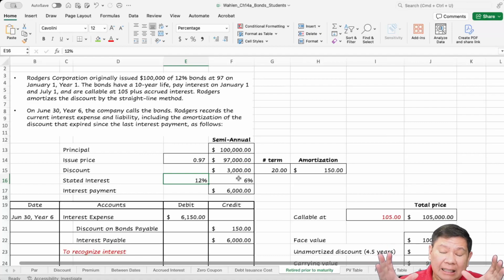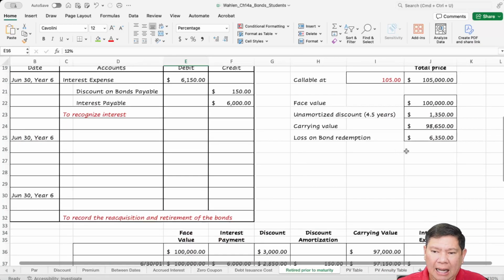So the interest rate on the new ones will be much lower. So it costs less for the company to borrow money. So it makes sense to call all the bonds with a high interest rate if those bonds have callable options. Okay, so they're losing here 6,350,